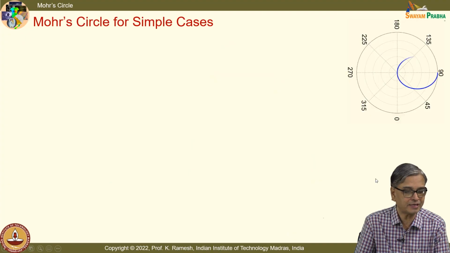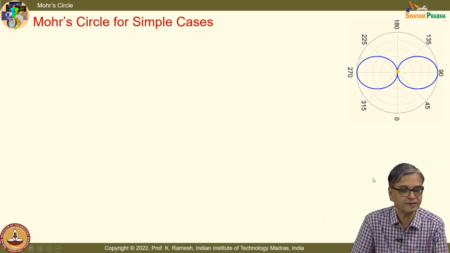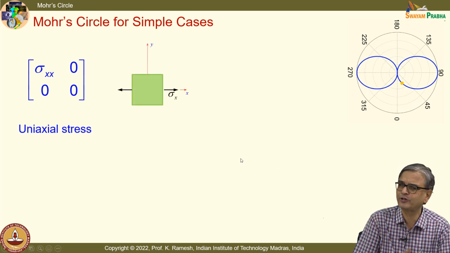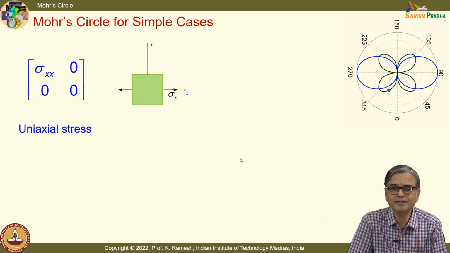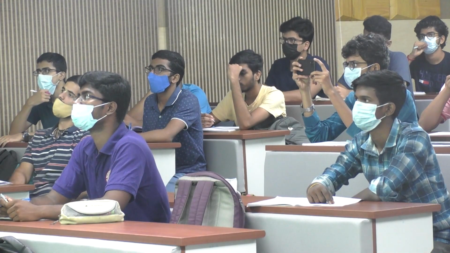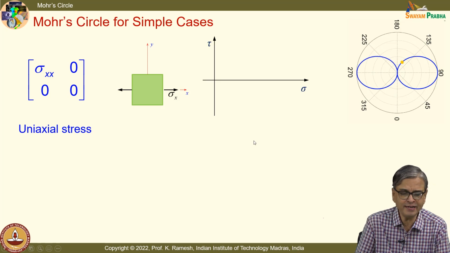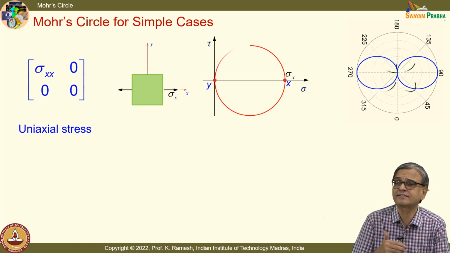Now, we will take up other simple cases, like we have the normal stress along the y plane, we have sigma xx. It's child's play for you. You should be able to draw it within a minute. Within a minute, you should be able to draw the Mohr circle, and this is again a uniaxial state of stress. So, the issue is you have to find out how to locate the x plane, how to locate the y plane, and simply draw that as a circle. All that you know because x and y form a diameter,